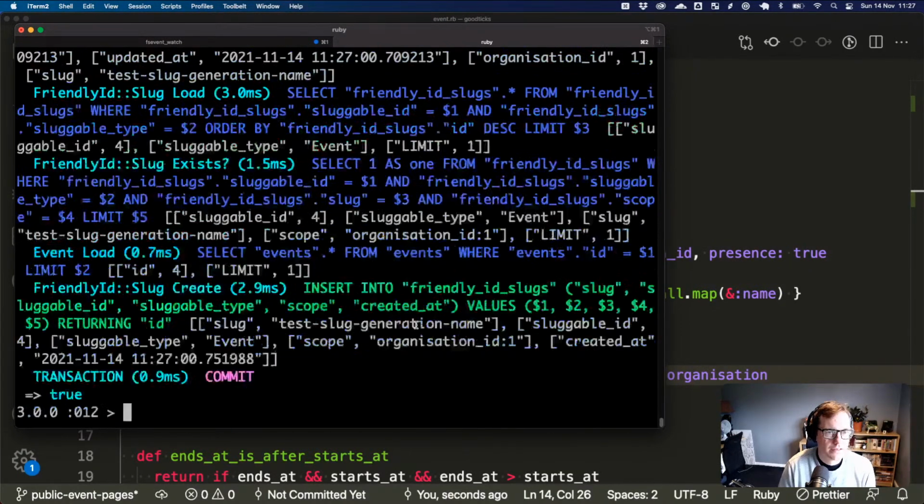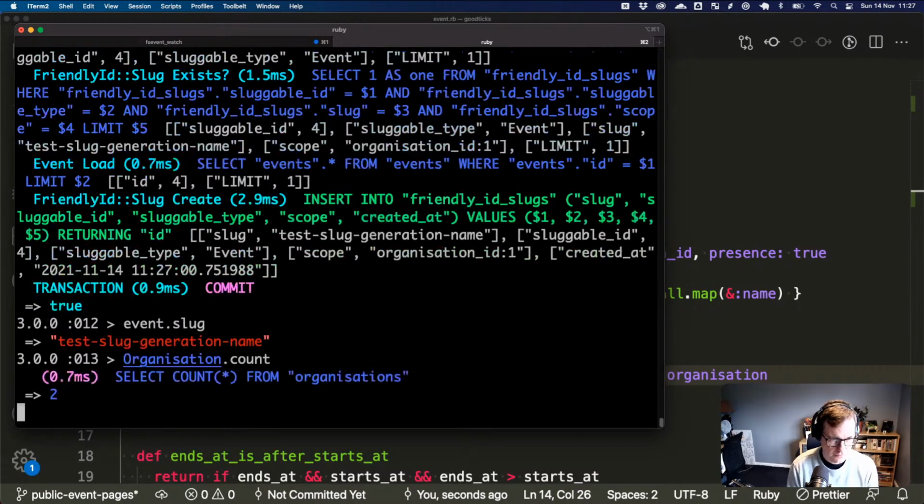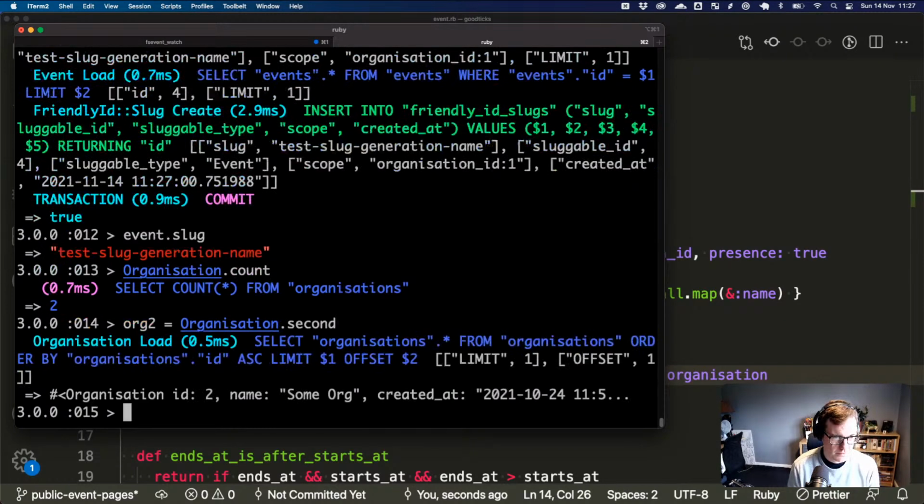So what is our event.slug? Test slug generation name. Amazing. Now, how many organizations do we have? Because we can quickly check whether our scope works. We have 2. Okay, great. So we can do org2 equals Organization.second, which is called some org. Okay, great.